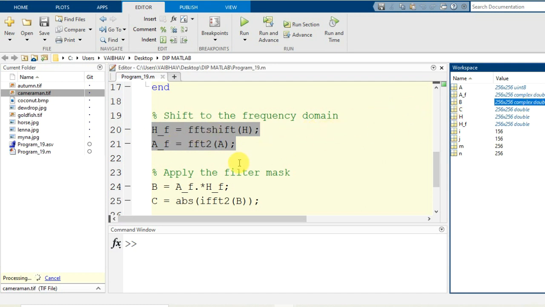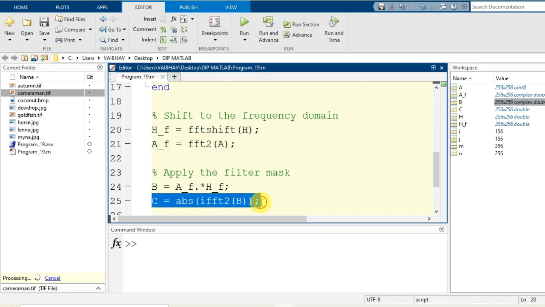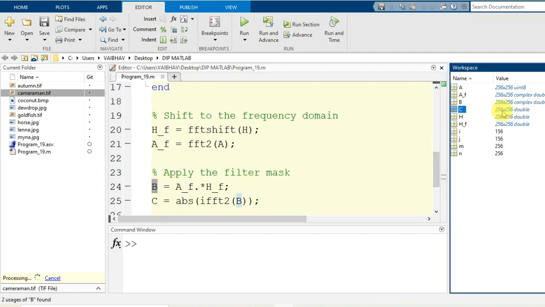And after the inverse Fourier transformation here, the C variable, which we have the inverse Fourier transformation of B, we get back to the double domain here from the complex. That means this is what the representation of frequency domain. This is the frequency domain filter function, the filter function into the spatial domain here, and the corresponding variables here.